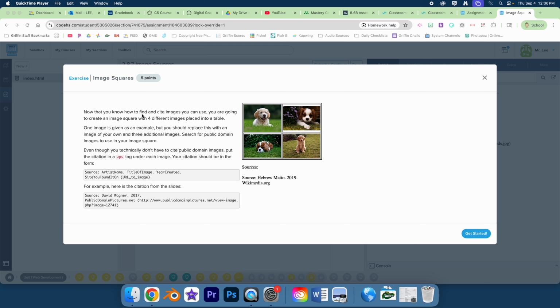And it says, now that you know how to find and cite images, you're going to create an image square with four different images placed into a table. One image is given as an example, but you should replace this with an image of your own, and 3 additional images. Search for public domain images to use in your image square. Even though you technically don't have to cite public domain images, put the citation in a p tag under each image. Your citation should be in the form of this, blah, blah, blah. Okay? All right. So what they want us to do